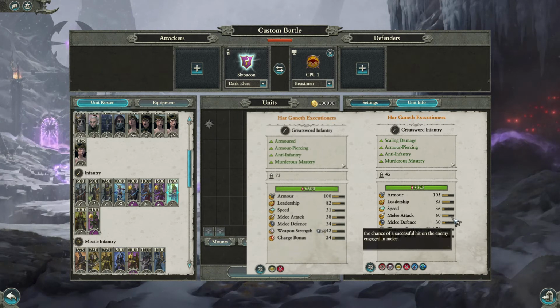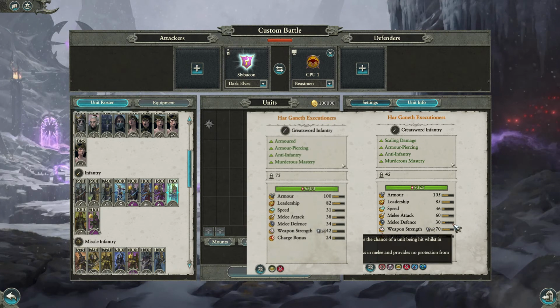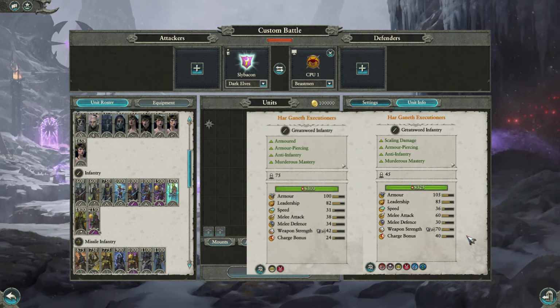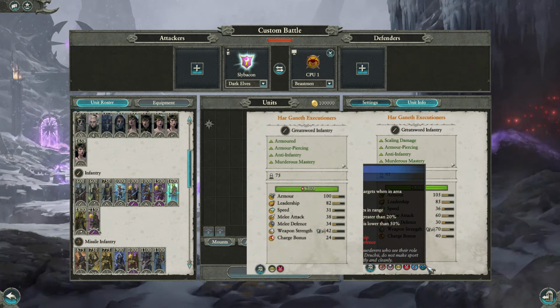5 more speed coming at 36, melee attack up to 60 from 38. Oh, that's such a big buff. Melee defense has been reduced, so down to 30 from 34. Whatever. Damage has increased massively as well, up to 70 from 42, and charge bonus up to 40 from 24. We have the missile resist added. They can cause fear now as well. And we've got the no mercy, and we have Execute, which is a constant buff around him